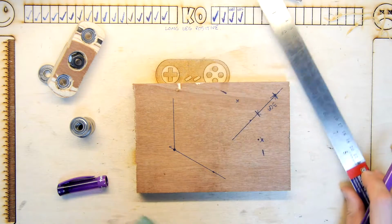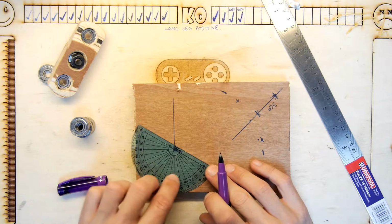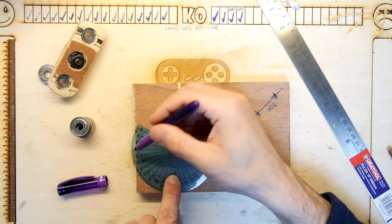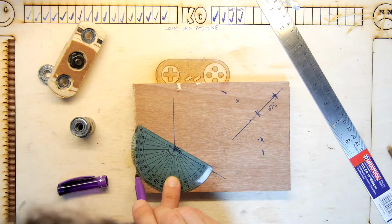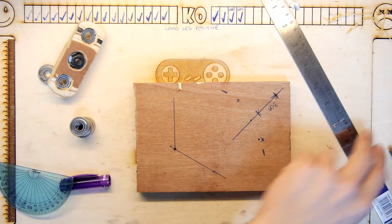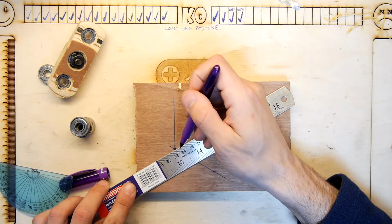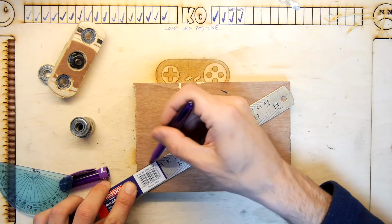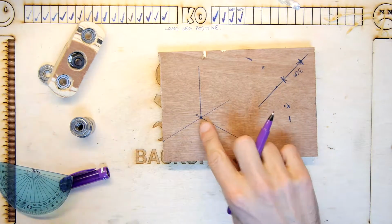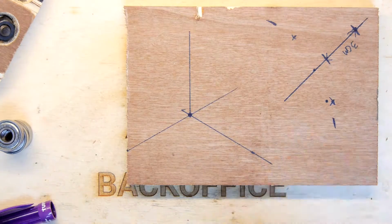Just like that. And then from there, we're going to mark off the next 120 degrees. So if you count round, you can see there's 120 degrees right there, just on the edge. I'll zoom in in a moment, don't worry, I'm going to show you what we're up to here. So there you go, it looks like a crazy 3D thing, but effectively it's a measured version of what we